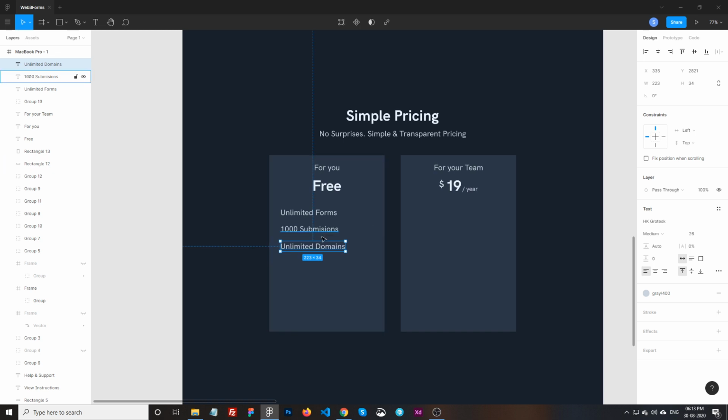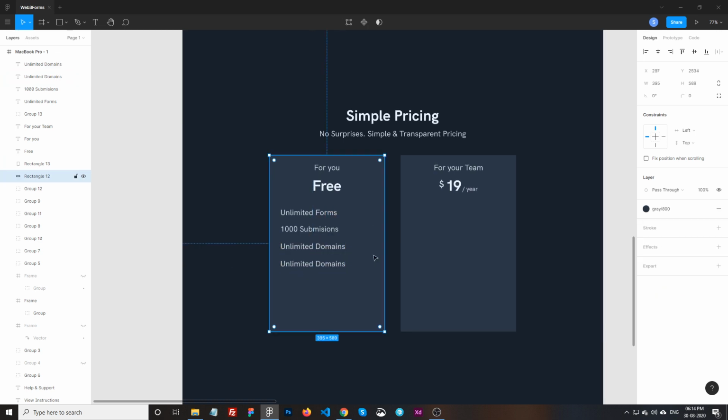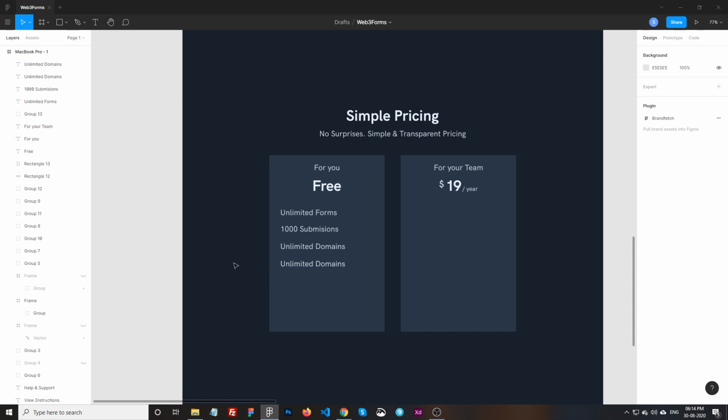We don't care about the domains. And then what? Unlimited forms and unlimited submissions, unlimited domains, and